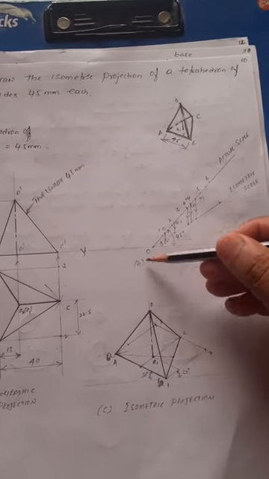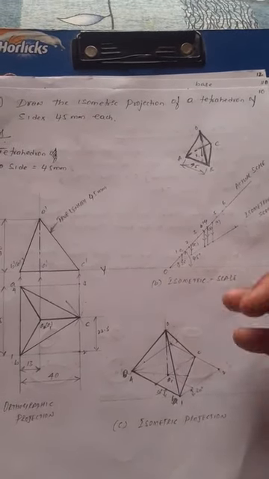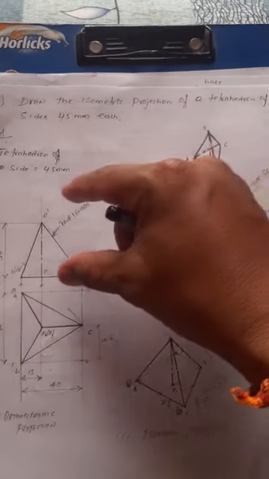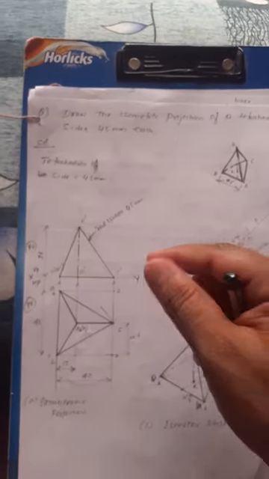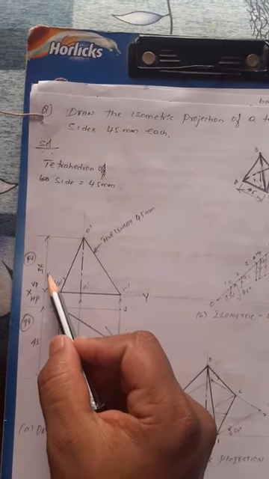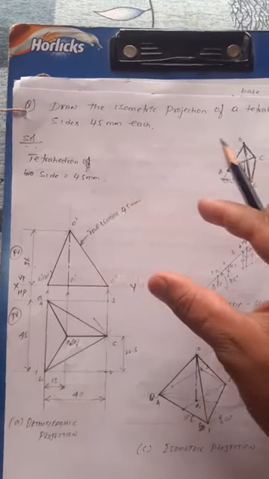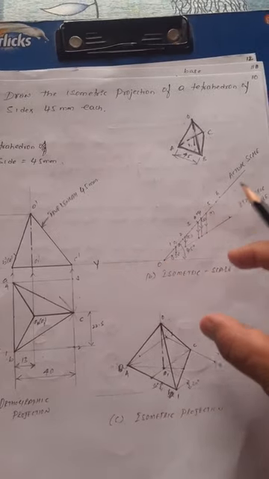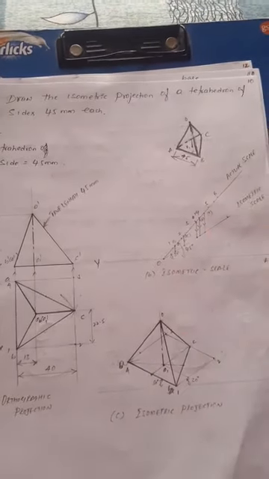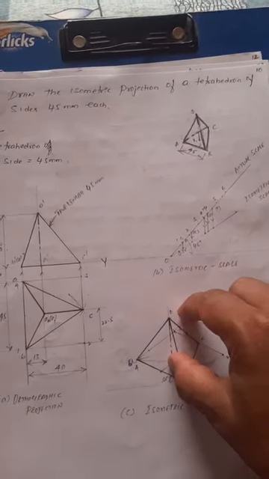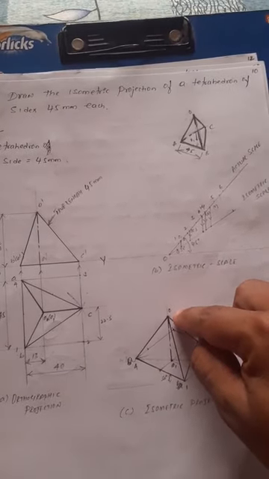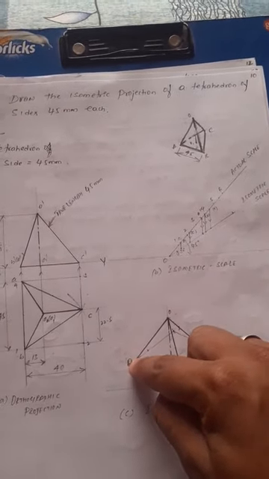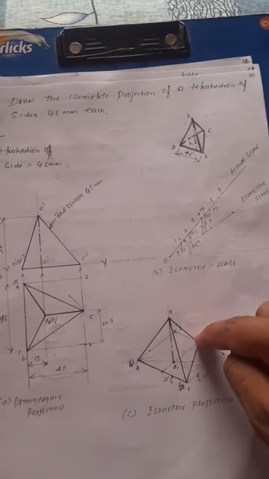From this you draw a vertical line. On the vertical line, how much is the height? The height here is 36 mm. Convert the 36 mm on the actual scale into iso scale. From O1 as center, draw an arc on the 90-degree line. Then we get O. Then join OA, OB and OC.